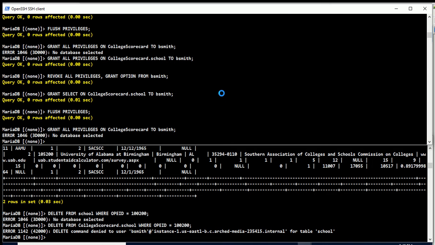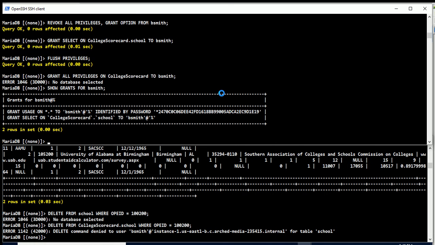And if you don't remember what permissions this particular user has, I can do show grants for B. Smith, and it tells me that the only thing I've granted permission for this user is to select collegescorecard.school, right? And B. Smith. So that works. So the next thing I want to do is let's say I have a scenario where this